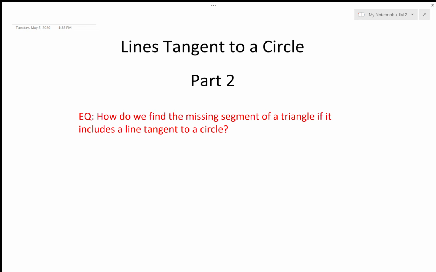Today we're still looking at lines tangent to a circle, but now we're going to look at it in a different way. So they're going to tell us that the line is already tangent to a circle, and we're going to have to find the missing side of the right triangle that they show us. So, for example,